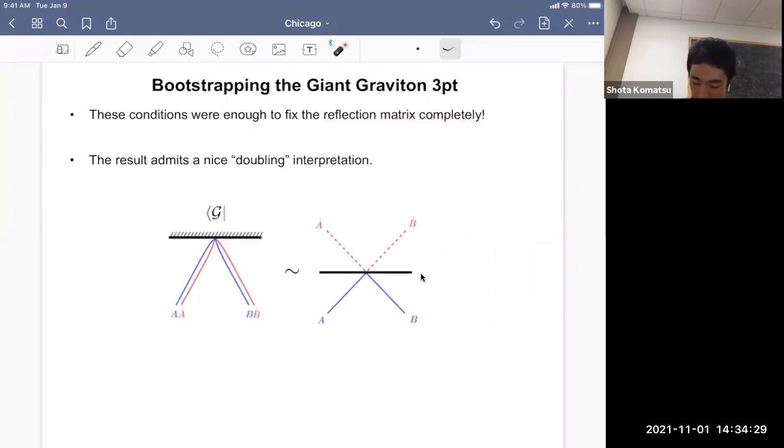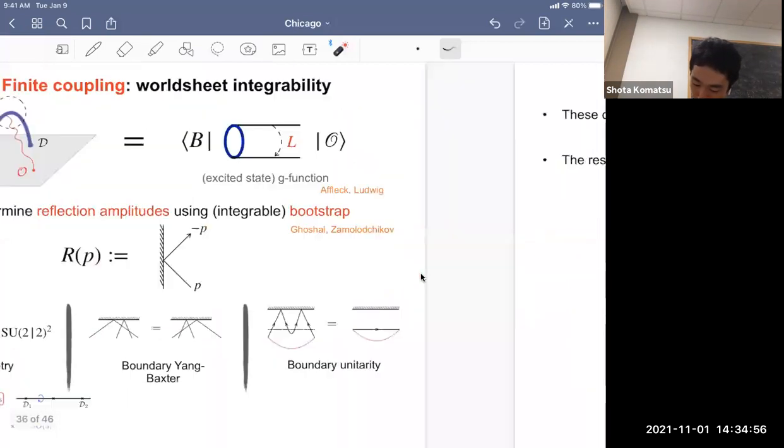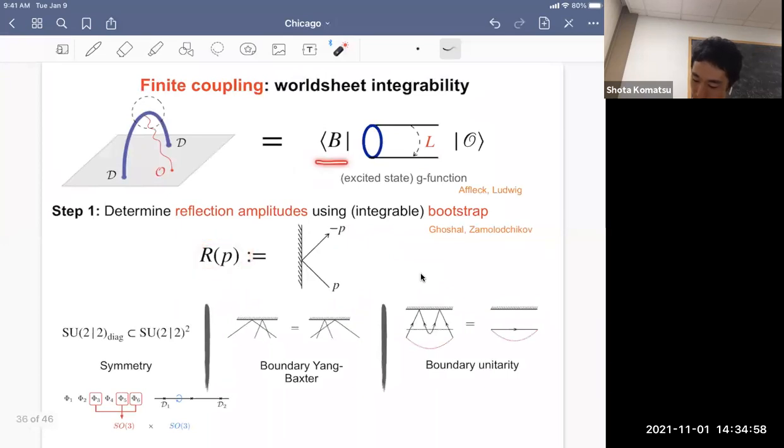And in the end, the result has a nice doubling interpretation. So this reflection process is related to the scattering process on the worksheet. And because we know the scattering process on the worksheet, thanks to the works in the previous literature, we can actually determine this completely. So now, once you determine the reflection process, the reflection amplitude, then we can actually go ahead and compute this